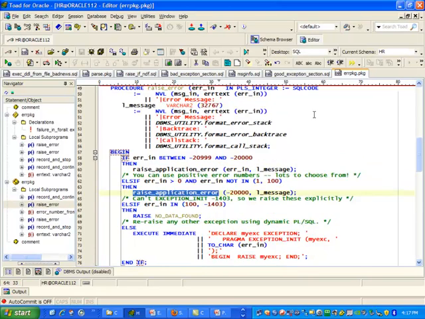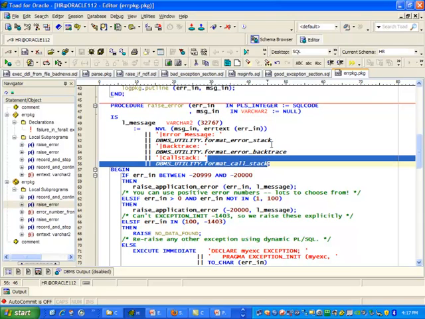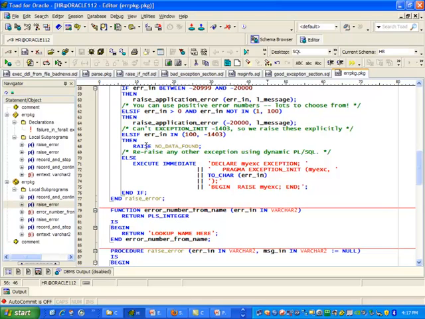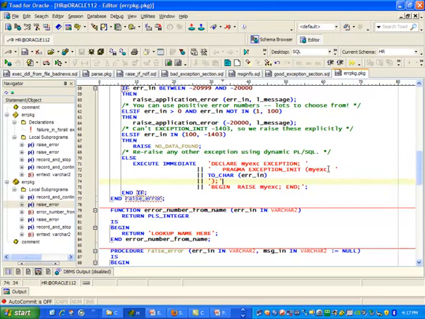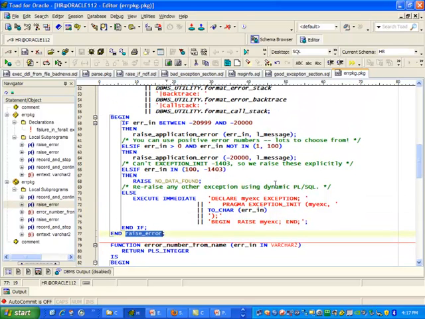And notice my message contains the message that's passed in, plus optionally the error stack, error backtrace, and call stack. So notice, you don't have to call these utilities directly. It's done for you simply by relying on the utility. And then I've got some other special logic, including re-raising the exception, any Oracle error, by declaring and executing an anonymous block using dynamic PL/SQL. Again, we don't need to go into all the details now, simply to point out that the raise error program isolates and allows you to re-raise any kind of error that was raised in the back-end code,